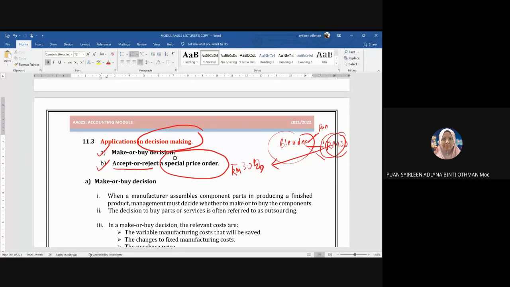No, kamu kena faham yang 50 tu berjalan macam biasa. Yang ni additional, okay, dia ada pesanan tambahan. Tapi pada harga 30. Alright, so dia nak tanya you sanggup buat atau tidak, atau you sanggup terima atau tidak dia punya pesanan. Okay, so bila kita nak decide whether kita nak accept or kita nak reject, okay, we don't